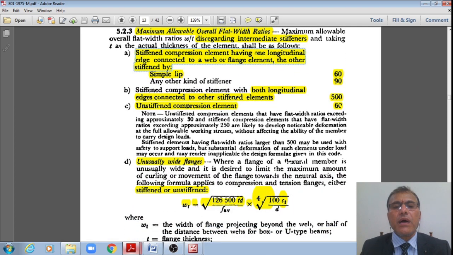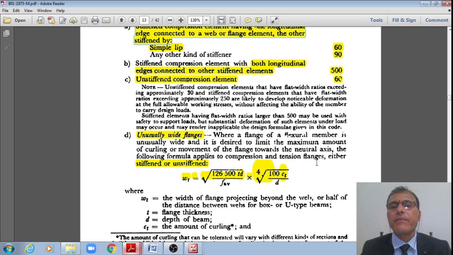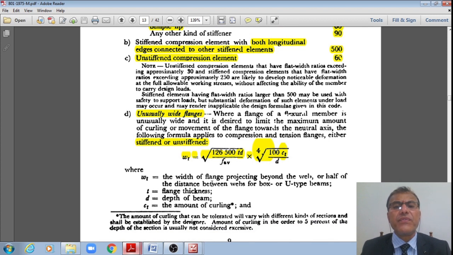Now next one, unusually wide flanges. If I do have unusually wide flanges, students, whether they are stiffened or unstiffened, in both the cases, the width of this flange projecting beyond the web, right? Beyond the web, that of the unusually wide flanges, is given by w by t is equal to square root of 126,500 t d divided by FAB multiplied by 100 CF divided by d whole to the power 1 by 4,